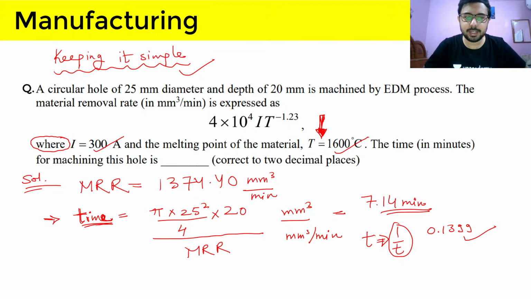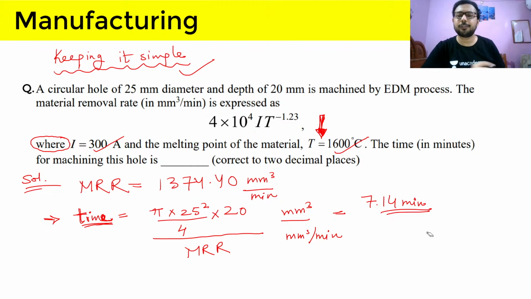If you are getting some weird answers, or some answers which are not that nice to write, then just check your whole process again, because you can easily lose marks. And I lost 2 marks in this question due to this very silly mistake. So the main thing that I would like to